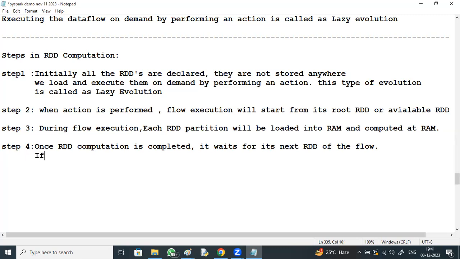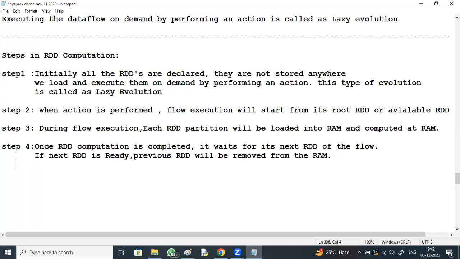If the next RDD is ready, the previous RDD will be removed from the RAM.